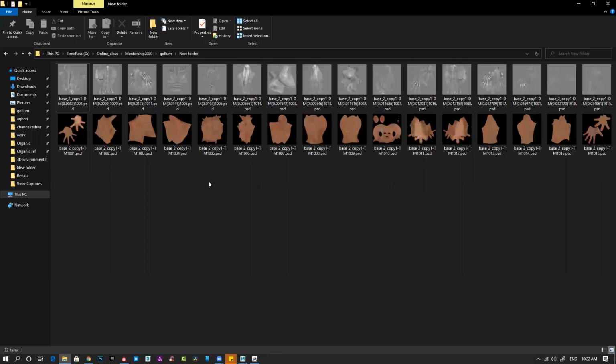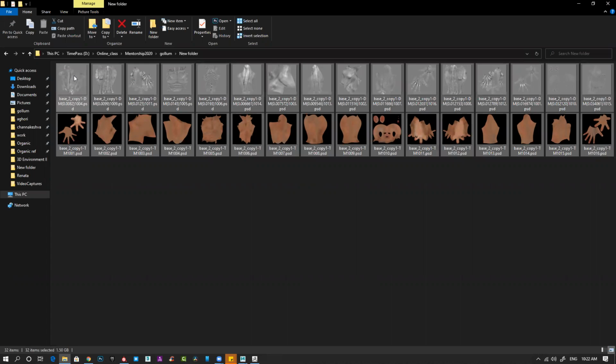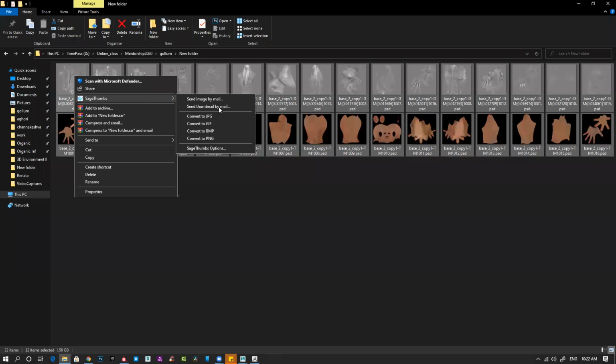I can apply PSDs directly, or I have installed this thing, Stage Thumb. So I can simply convert them directly into JPEG, BMP, or PNG, all those things. I can, if I want, apply PSDs also, but PSD is pretty heavy, so just simply